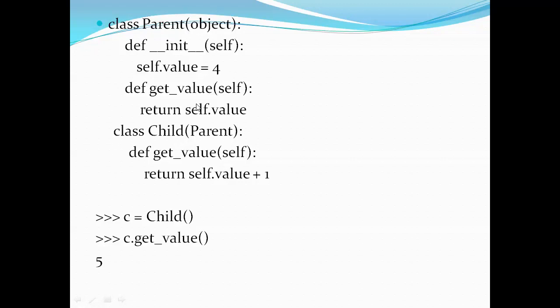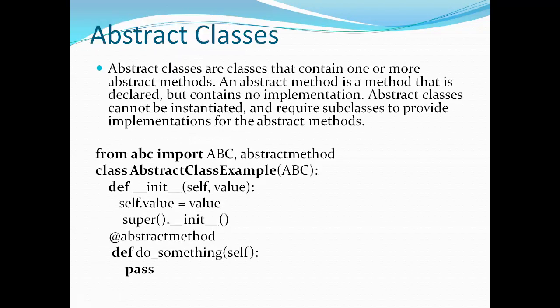When it comes to an abstract class, it's nothing but if you're not able to implement a particular class fully, then we can define it as an abstract class. Why? Because the abstract class itself is implemented, but not 100%. It is partially implemented.